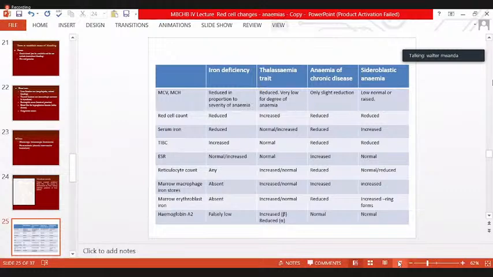In sideroblastic anemia, the iron in the erythroblast is in the form of a ring, referred to as ring sideroblast. Ring sideroblast can suggest to us not only that it is sideroblastic anemia, but also the cause of that sideroblastic